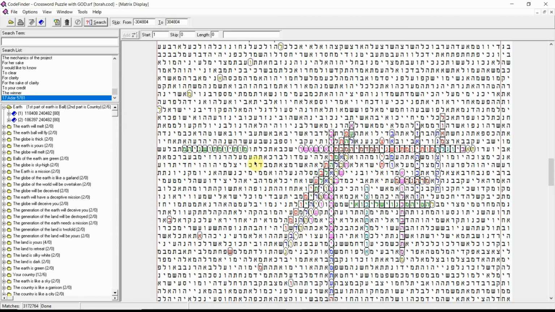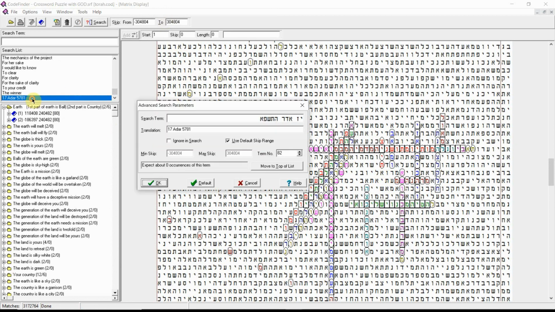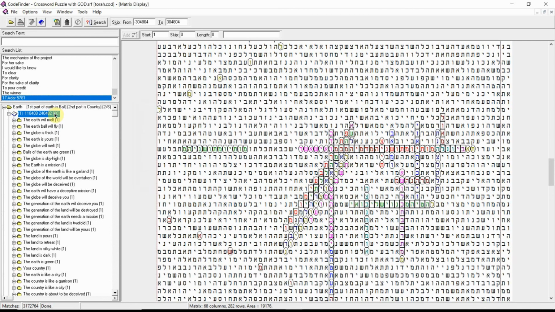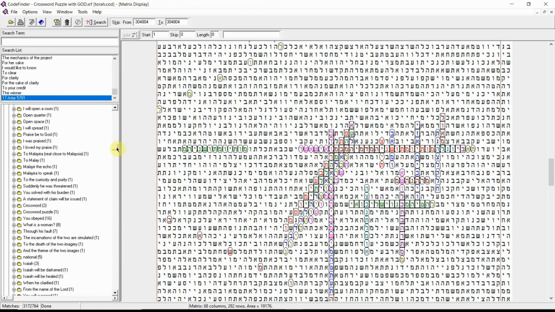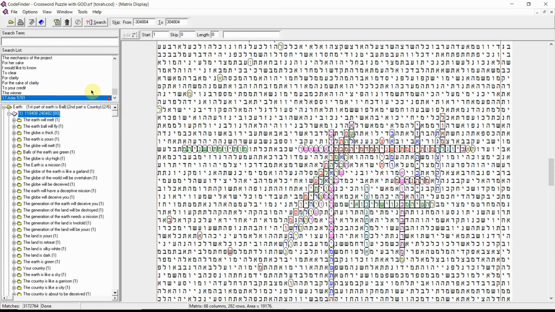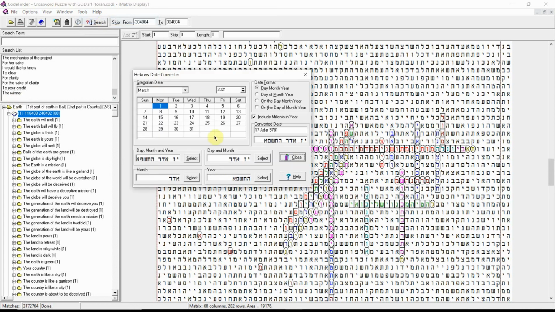I don't know if God puts dates on his crossword puzzles when he does them with people. I don't see it. Let me see here. No, it's not in the crossword puzzle. So today's date is not in the crossword puzzle, but that is something to learn here, that you can put in the date.